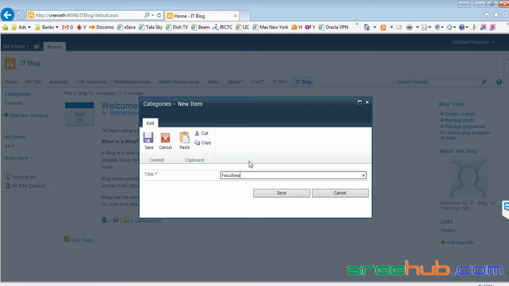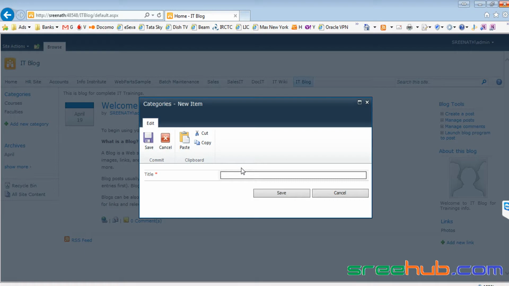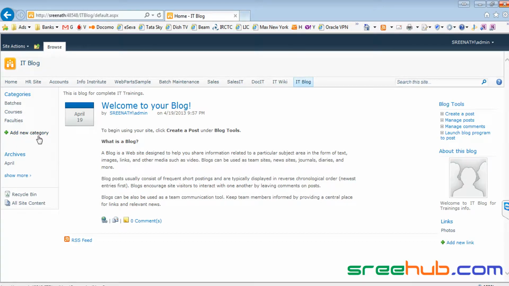We'll just say who is giving training for a particular language or particular software, who is training in other software, and who is actually giving support to live real-time people, right? Let me save this up. It's a separate category, which is faculty, and let me add one more category, which is batch information, right? Batches info. Let us save this up, and we'll create one more, which is general.